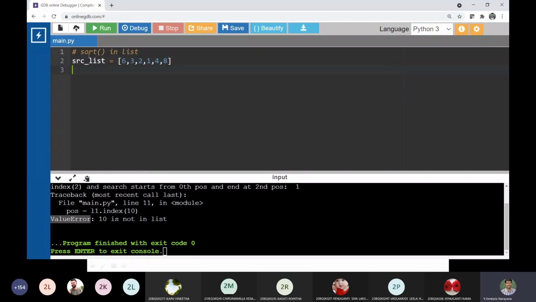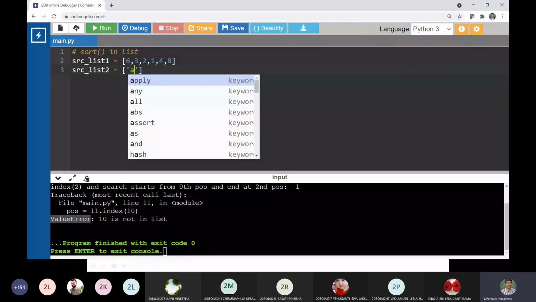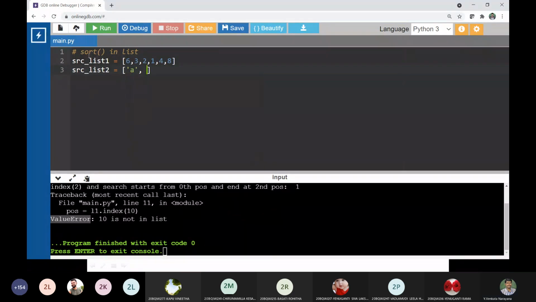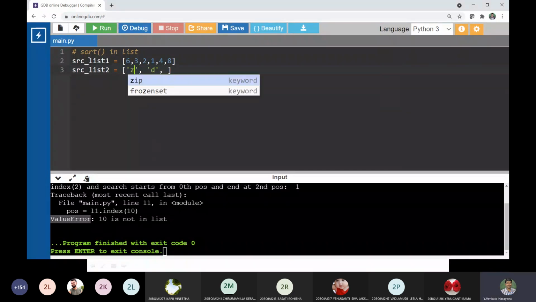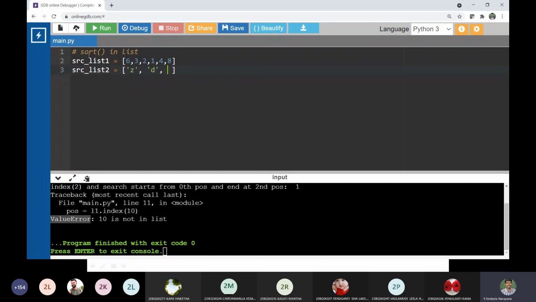I have another list, source list 2, let us go with alphabets: B, D, Z, E and A. These are the elements in source list 2.